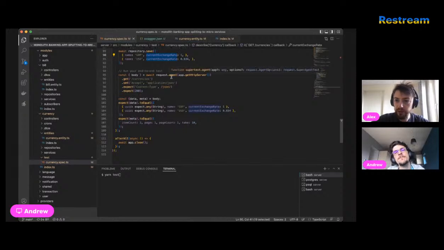And we perform one request to a working service. Basically, we say, I want to get currencies, and then we check that the result of this request actually contains these currency entities. Here we use request, and request is a supertest